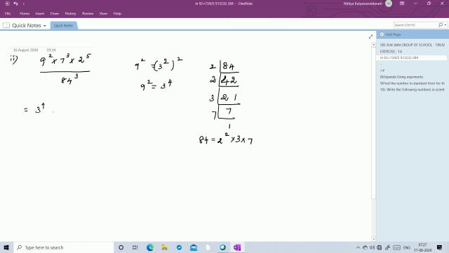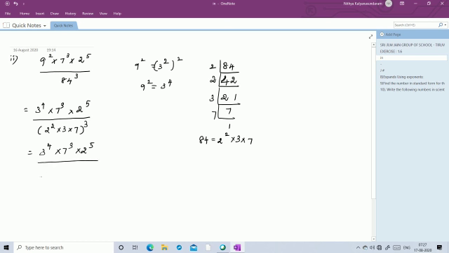So 3⁴ into 7³ into 2⁵. 7 and 2 we can't split, so write as it is, divided by 2² then 3 into 7, and already we have the power cube, so that also you will write. Next step, you want to remove this bracket, then power you can multiply inside. Then 7³ 2⁵ by 2⁶, then multiply 3³ into 7³.